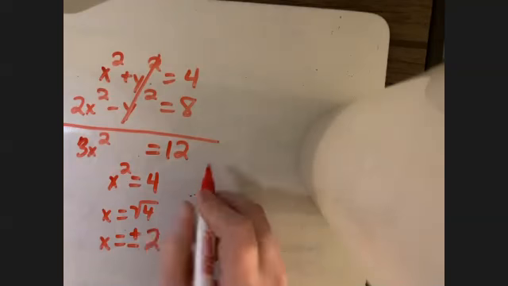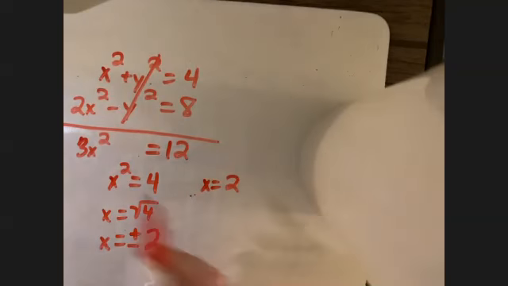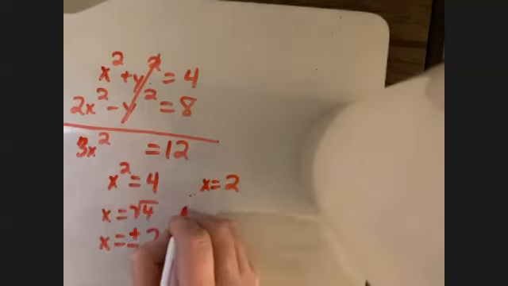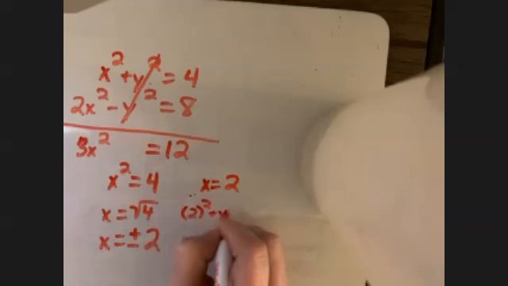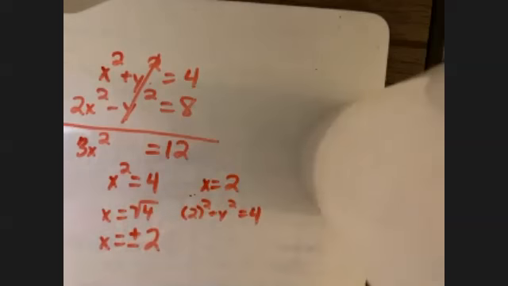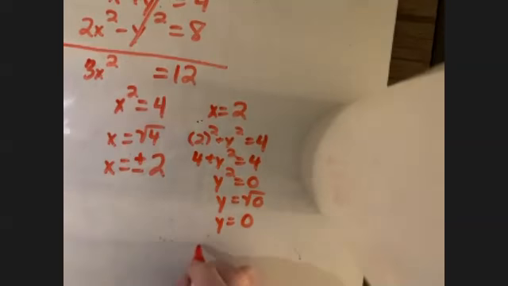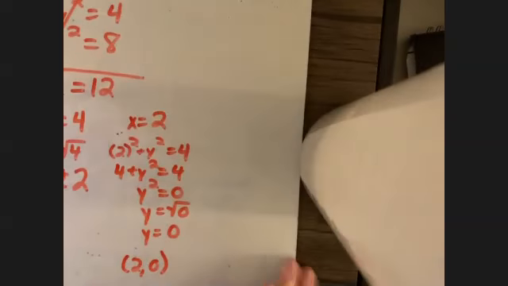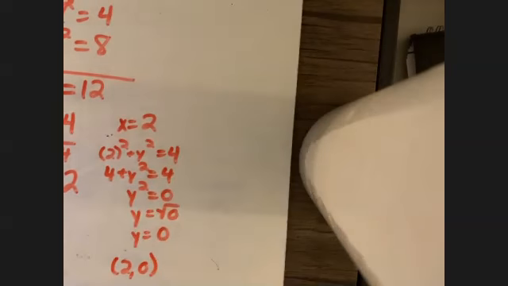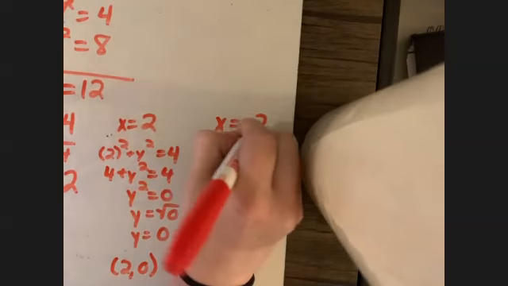So now I'm going to look at when x is 2. I'm just going to plug that into the top one. I have 2 squared plus y squared equals 4. So I've got 4 plus y squared equals 4. Subtracting, I get y squared equals 0. Square root is 0. Now, normally we would do plus and minus, but there's no such thing as plus and minus 0. So I'm going to have the ordered pair 2, 0. Now, dealing with the other, when x was negative 2,